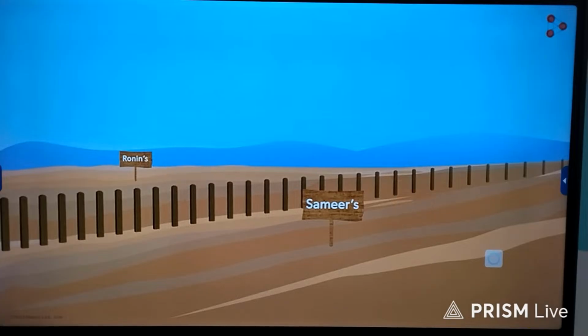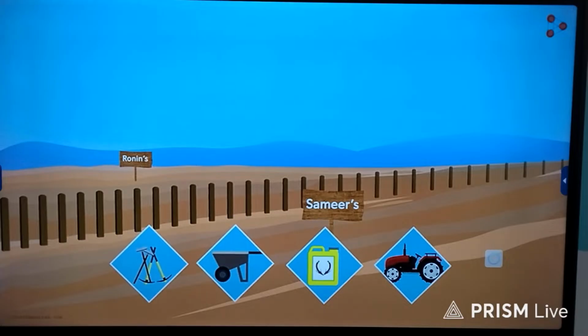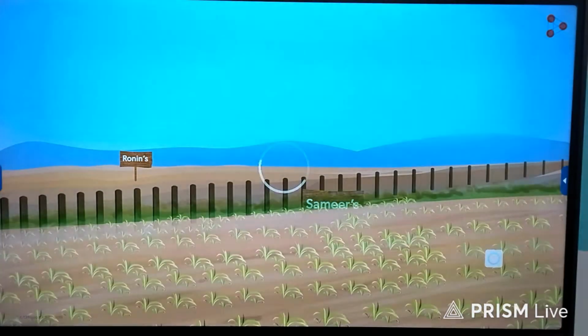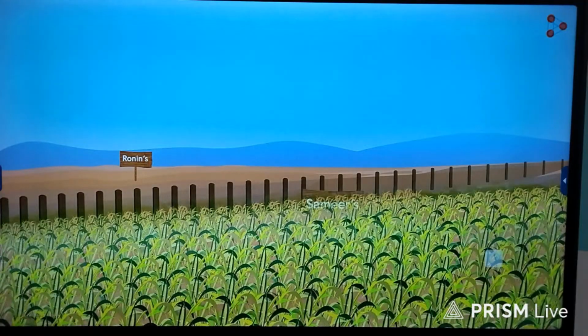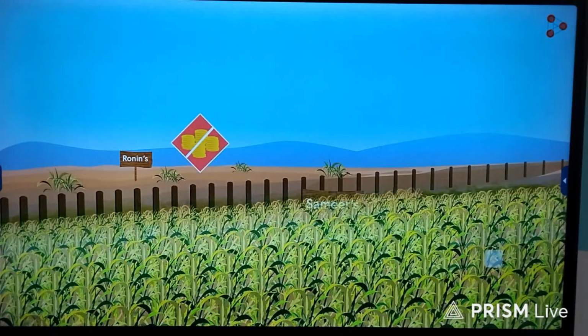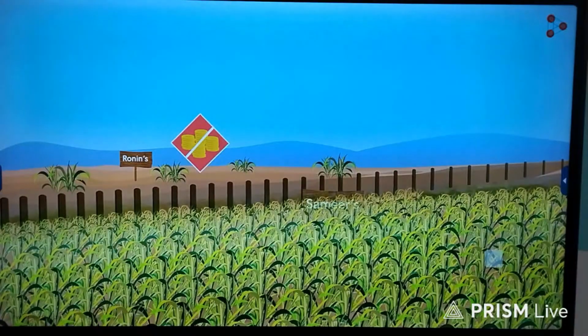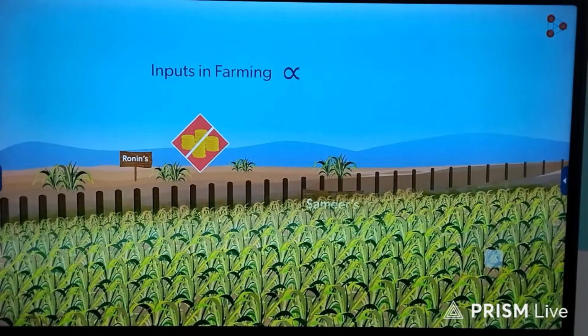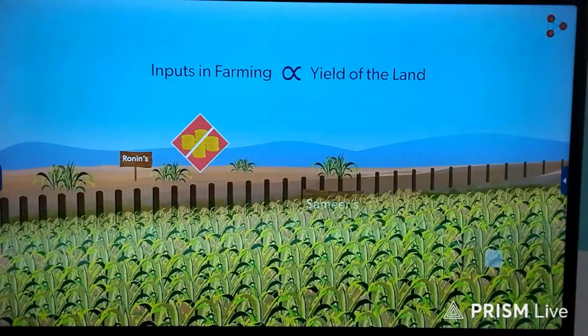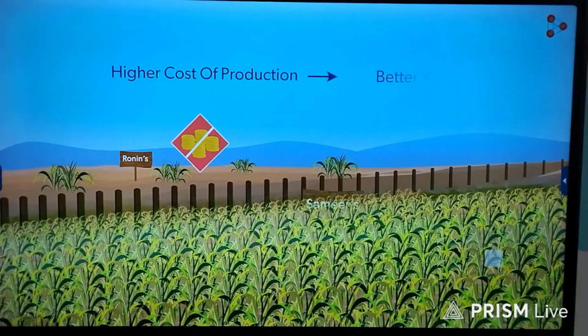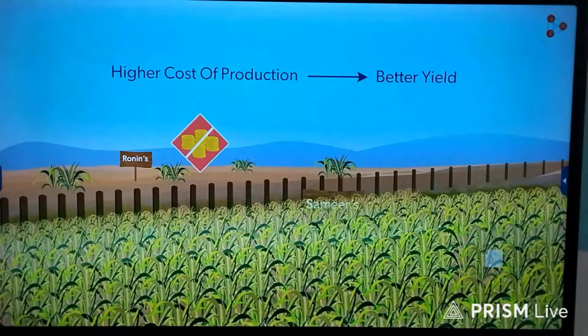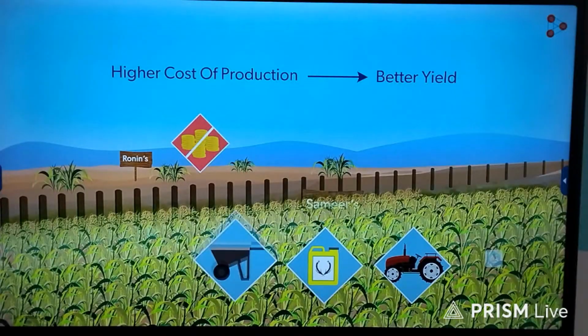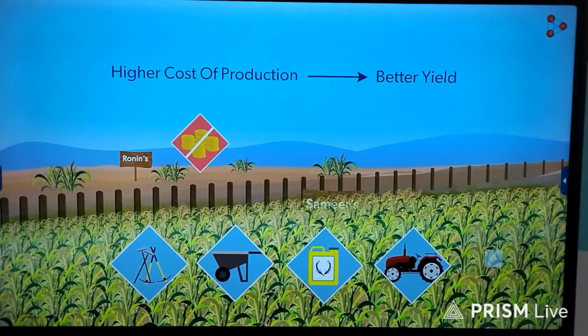The former one invests in a tractor, fertilizers, and many other types of equipment. The latter has land but cannot afford to buy any of these equipments. What would be the resulting yield? Samir had a higher quantity of crop produced even in a small piece of land. Ronan did not have the finances to help him make a profitable harvest. This example tells us that the inputs in farming are directly related to the yield of the land. Thus, higher the cost of production, better the yield. When a farmer has an ability to purchase high-end technological equipment, his cropping system varies and he can earn more